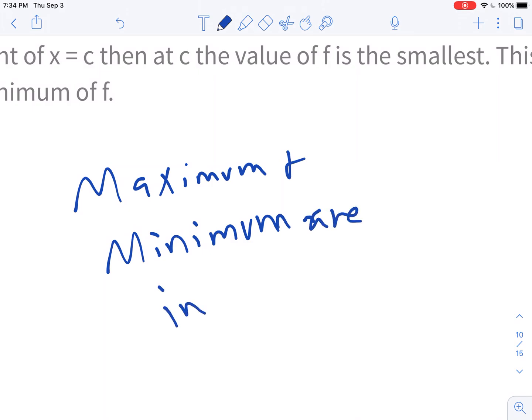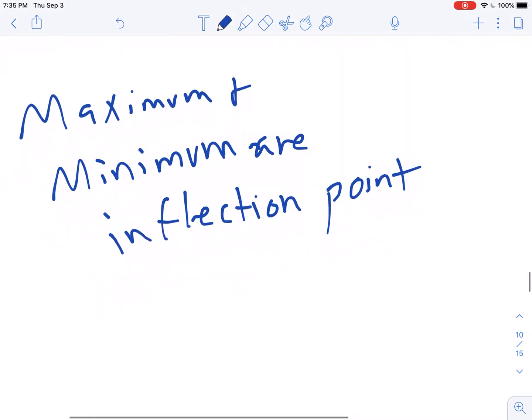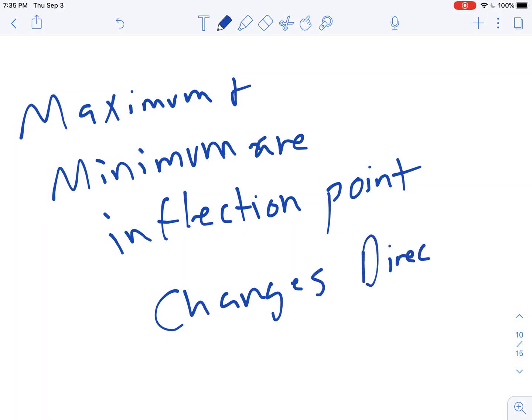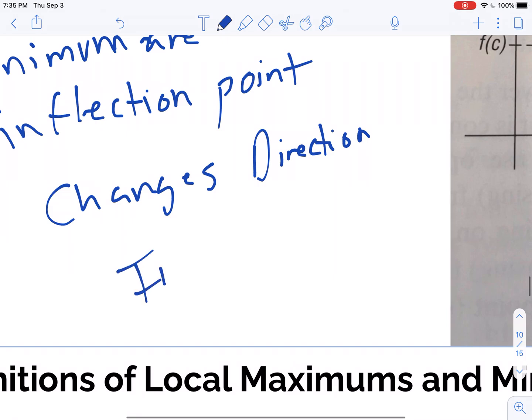An inflection point means that it's where it changes direction. And when we're talking about direction, we're talking about whether it's increasing or decreasing. And again, it's important to know your inflection points because when you get to calculus, you're going to need to